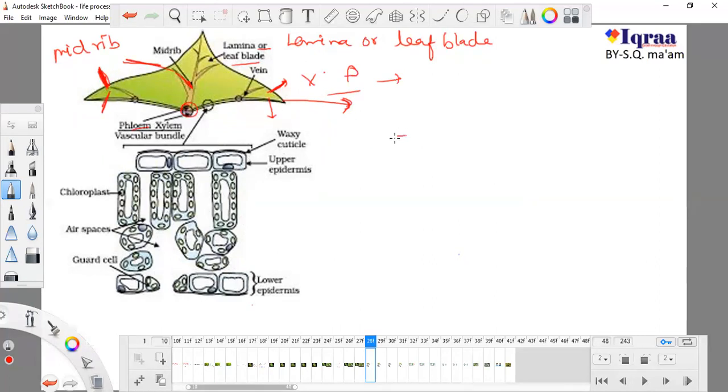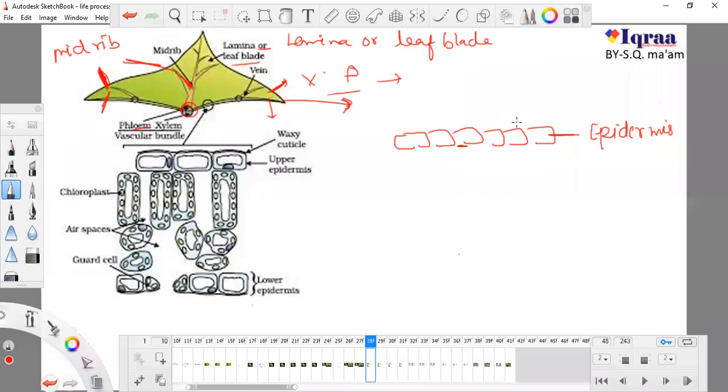So it has an upper surface. We are drawing the structure of this leaf, and this is the cells of the upper surface. I'm drawing the cells. The cells of the upper surface are known as epidermis. Every living thing which has cells on its outermost surface has an epidermis, whether it is a plant or an animal. Our skin also has epidermis.